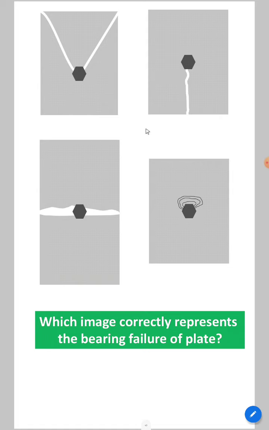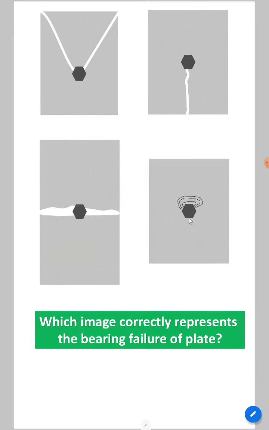Now see what is the advantage of going through this sheet. While you are focusing on a specific failure, you are trying to eliminate the previous modes of failure that you encountered. That is, you are unknowingly revising: this one is tensile, this one is shear failure. Even when you are facing a new question, you are relating to the other failure modes. This revision is getting done indirectly. Now this one is shearing, this one is tensile, this one is not a deformation at a point, this looks like a crack. That's why this should be the one, bearing failure.